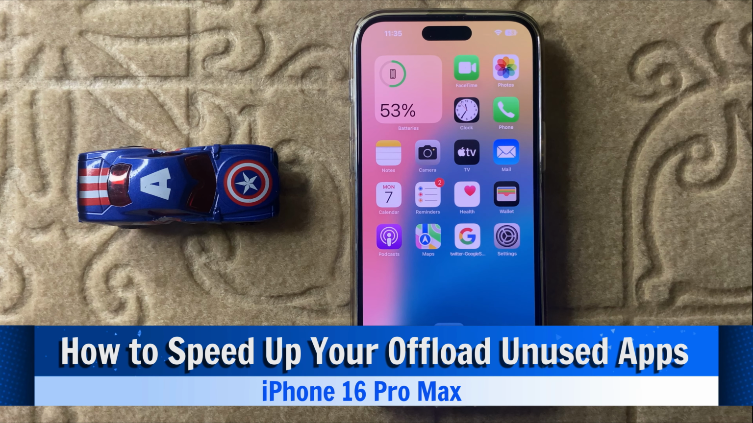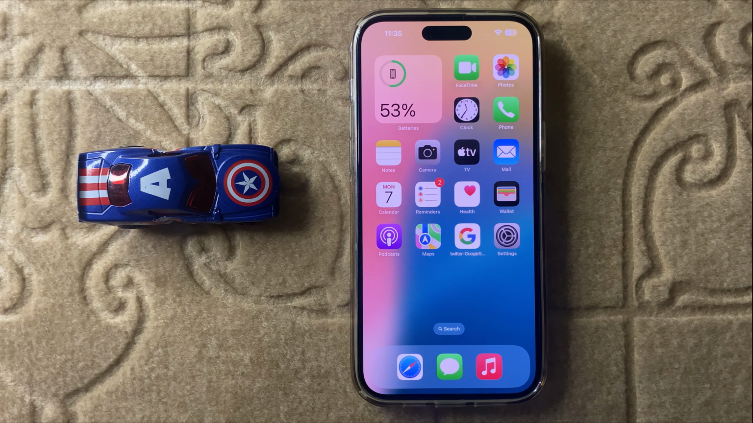Hello everyone, today in this video I will show you how to speed up or offload unused apps in iPhone